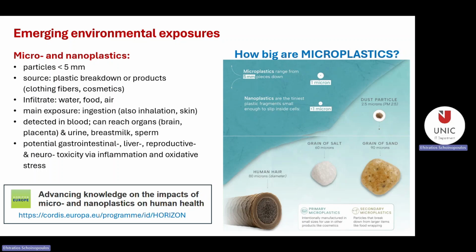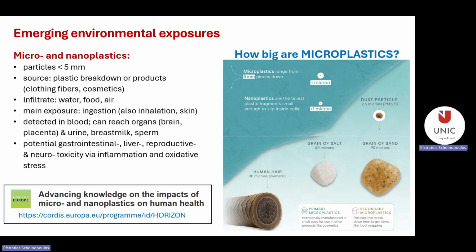However, there are more emerging environmental exposures, and top of the list are micro and nanoplastics. These are very small particles, and just to have a relative idea of their size, the human hair has a diameter of 80 microns. A grain of sand has a diameter of 90 microns. Microplastics are less than 5 microns, and nanoplastics have a diameter of less than 1 micron. So they are practically